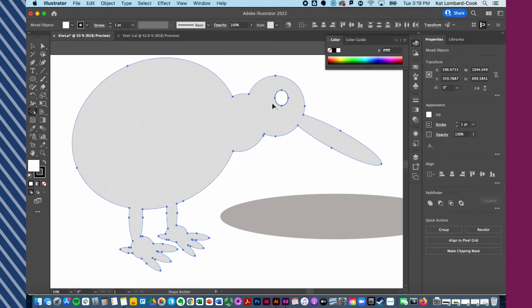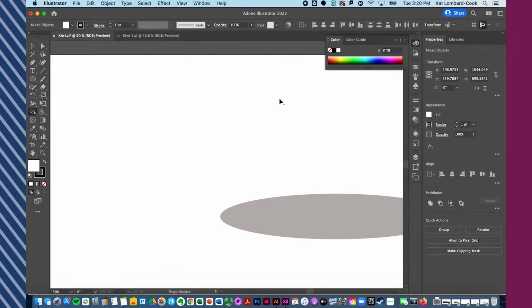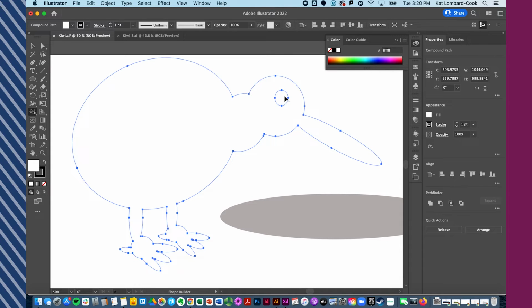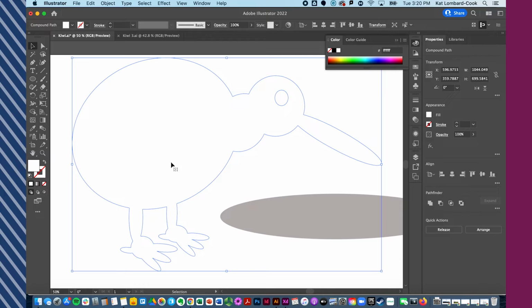Now, if I hold on the Option key, you'll notice that it goes from the plus to the little minus, right? So I want to take this and I want to subtract the eye. Subtract the eye. So now, when I clicked with that on the eye, it should have taken it out of my shape here. So this guy, if I move him,